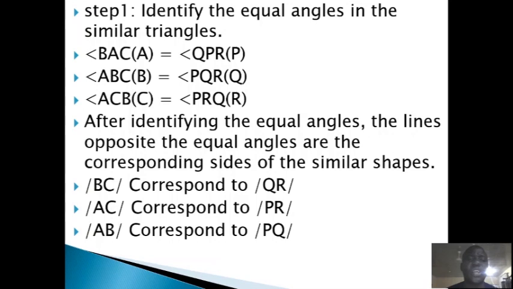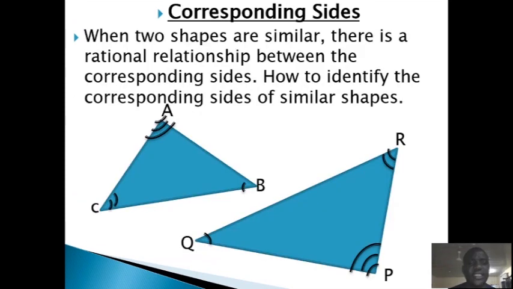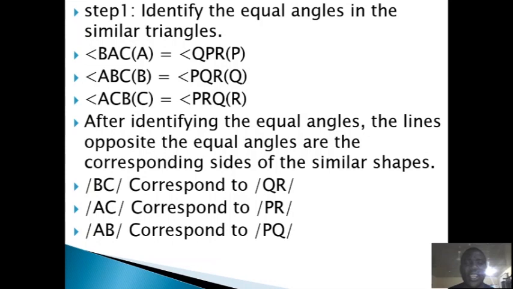Angle A and angle P are what? Corresponding. So we are looking at another angle, angle BAC, which is A, to be discussing with angle P. So now let's look at these two, angle A and P. We've already looked at the corresponding sides of angle A and P. Line AC is the line opposite angle A. No, line BC is the line opposite angle A.